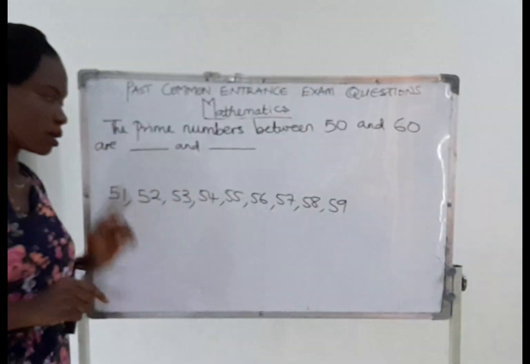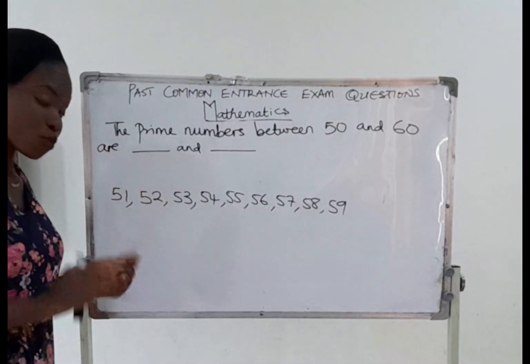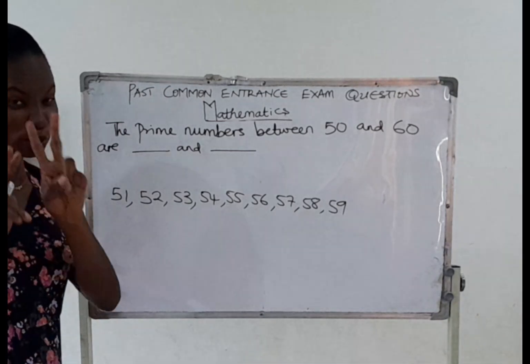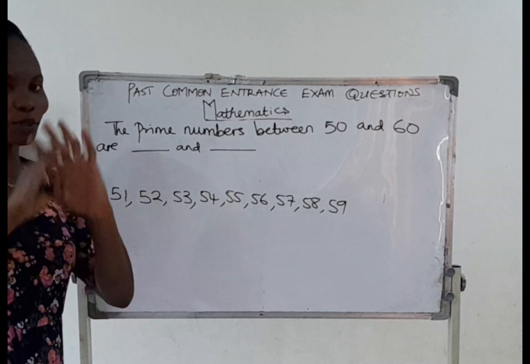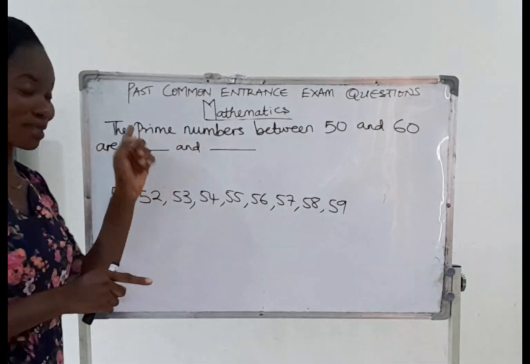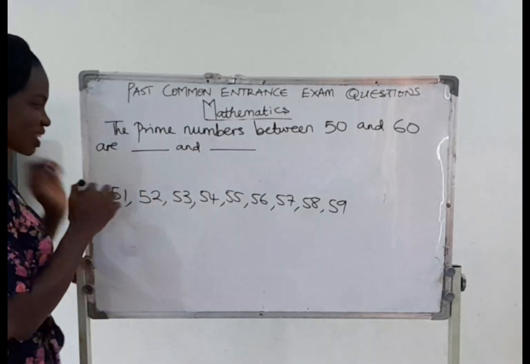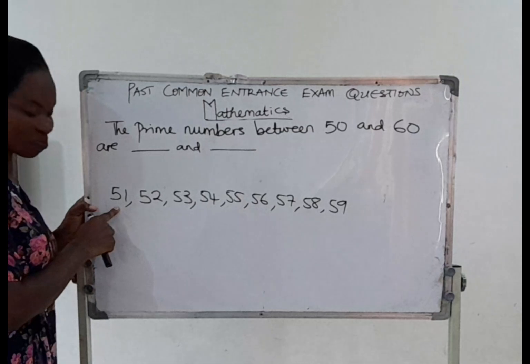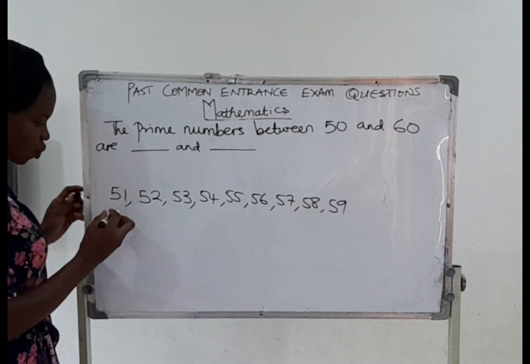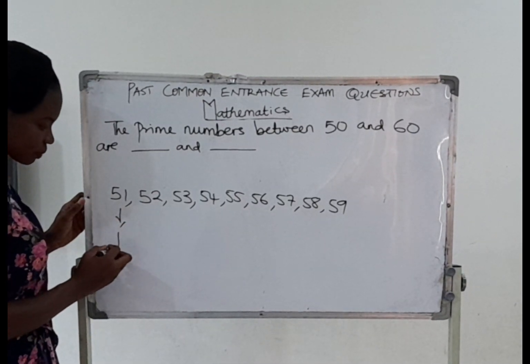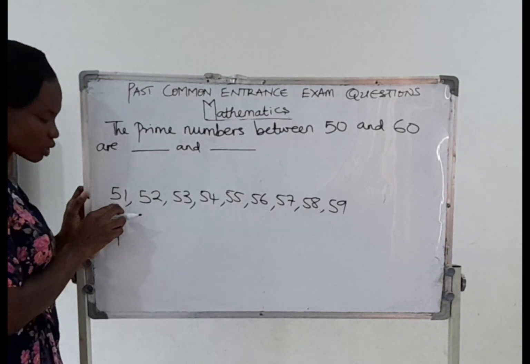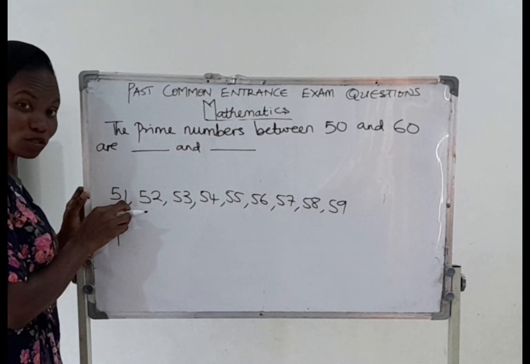So let's start. We look at each one: does it have only 2 factors? If it has 2 factors, we'll classify it as a prime number, but if it doesn't, send it to the village. Alright, so let's look at this. 51. Of course, 51 has 1. 1 can divide it. What's the next number that can divide it? 2 cannot divide it because it's not an